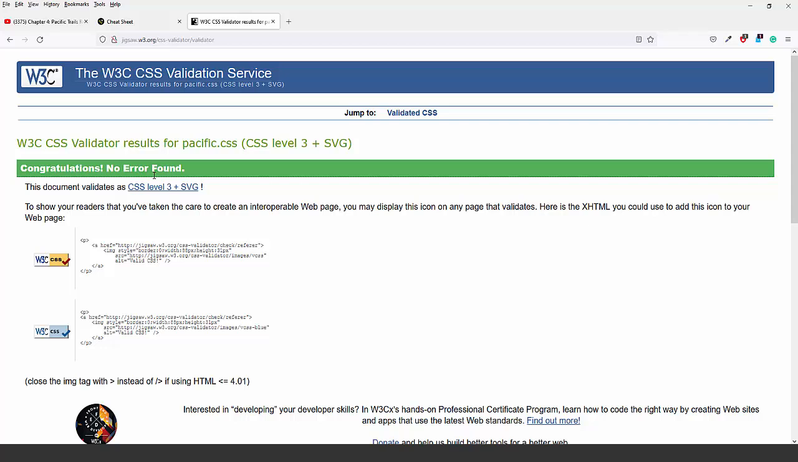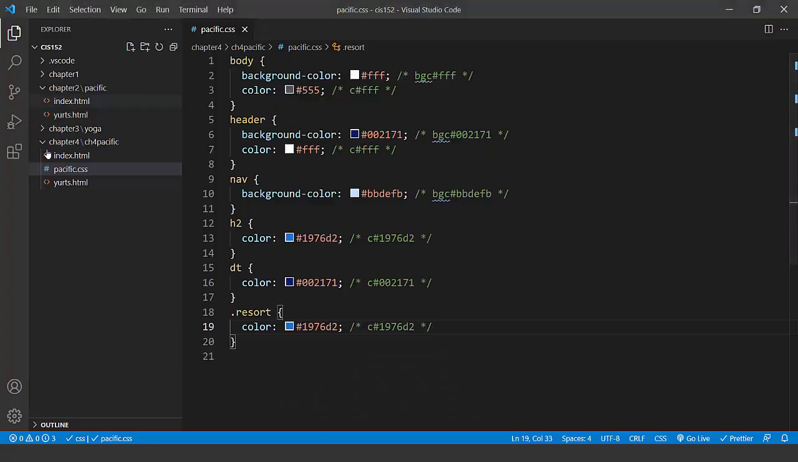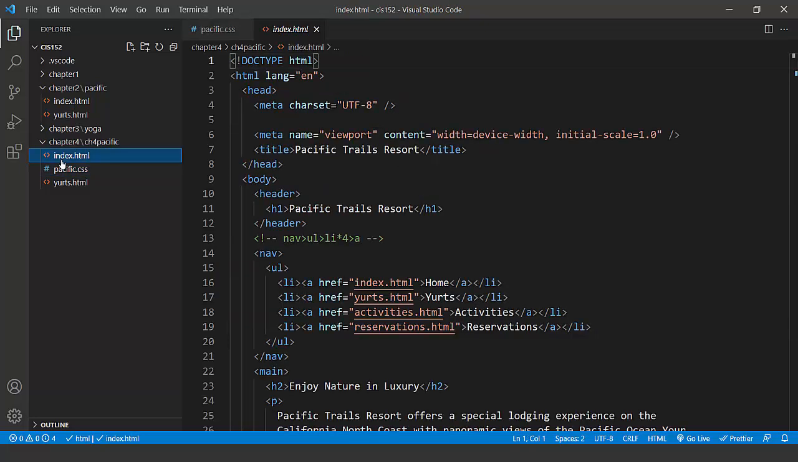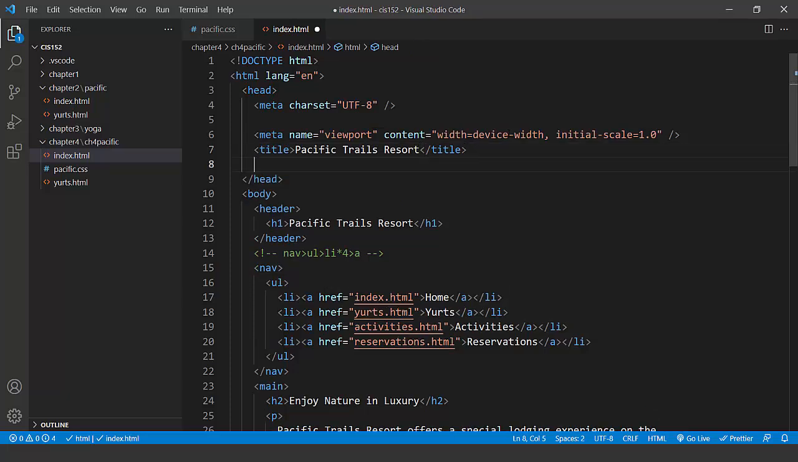So since my file indicates that everything is correct, I would like to now link this file, the Pacific CSS file, to my index page. I'm going to go back into my code editor. I'm going to open up the index.html file. In my head section, I'm going to associate the index.html page with the Pacific CSS external style sheet. After my closing title tag, I'm going to go ahead and select the Enter key,